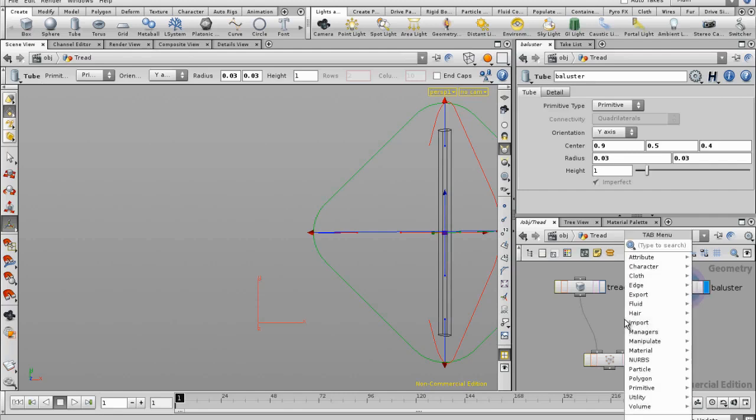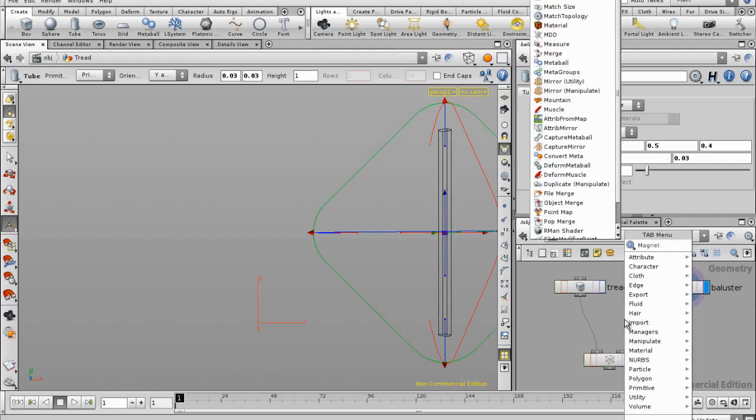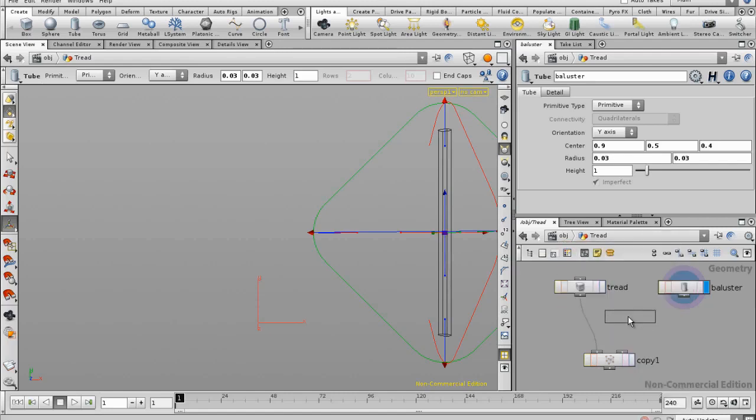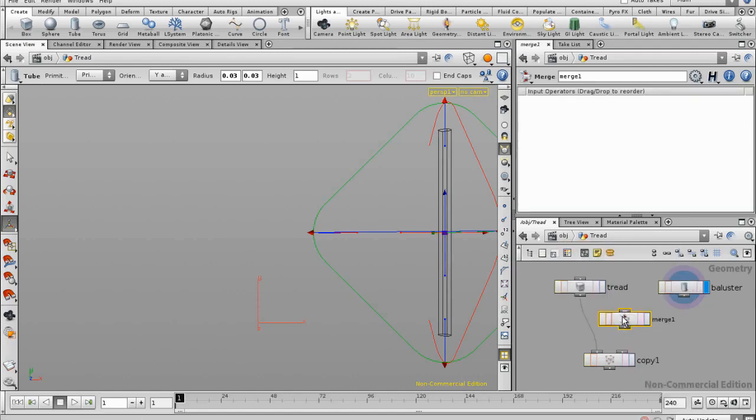I'm going to use the tab key again, and I'm looking for merge SOP. So M, E, and there's merge. Now, I don't want object merge at this point. I want merge. And I'm going to click to lay a merge SOP in the layout window. And as its name implies, what the merge SOP does is it merges multiple SOPs together to give them a